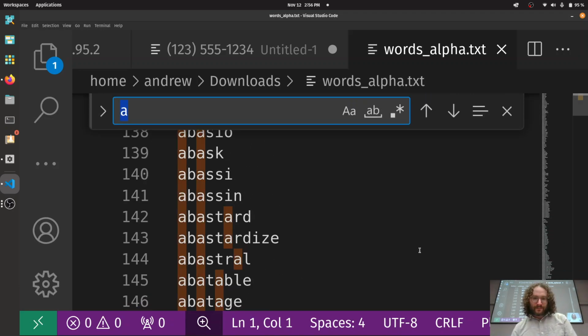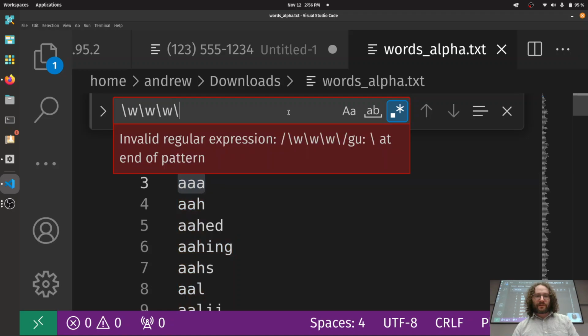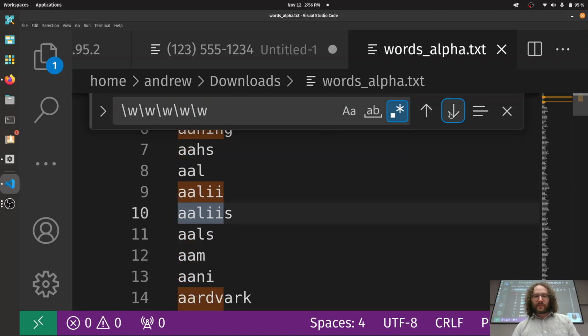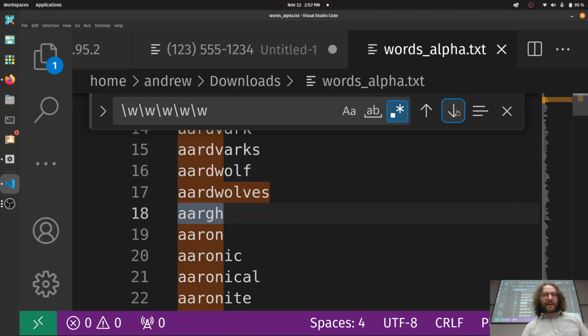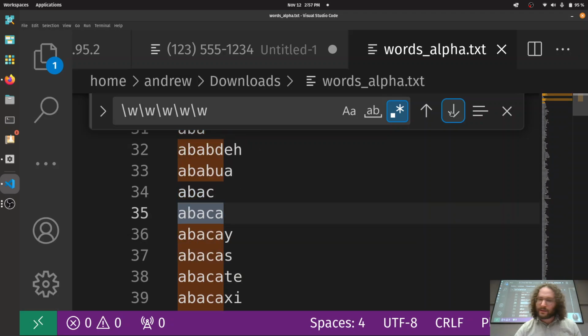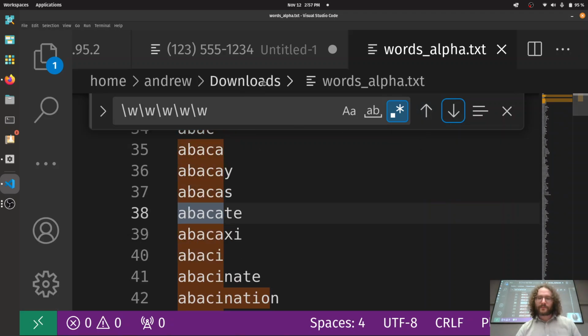Okay? So suppose you're playing Wordle, and you're drawing a blank here. First off, we can look for any 5-letter words by just simply entering regular expression mode and going /W/W/W/W/W, and now notice that you've got these 5-letter words. I'll talk about how to remove these parts later, okay? Because we're highlighting stuff like aardvark, and I'd rather not get that. I want only 5-letter words, but we can handle that. Aardwolf is apparently a thing, okay? You learn something new every day, okay? So,